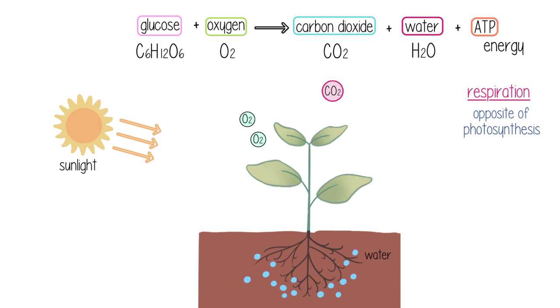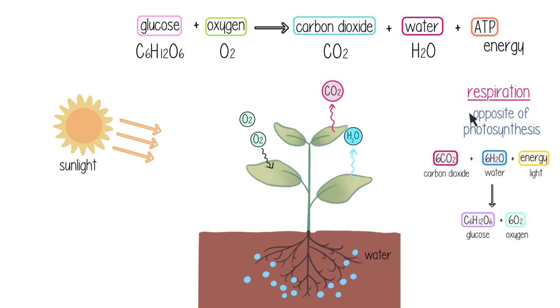For respiration to occur, oxygen simply diffuses into the cell and carbon dioxide and water simply diffuse out, similar to how carbon dioxide had diffused in for the process of photosynthesis and oxygen had diffused out. The only difference is that the opposite is happening. During photosynthesis, it's the carbon dioxide that diffuses in and oxygen that diffuses out. But for respiration, it is oxygen that diffuses in and carbon dioxide that diffuses out.